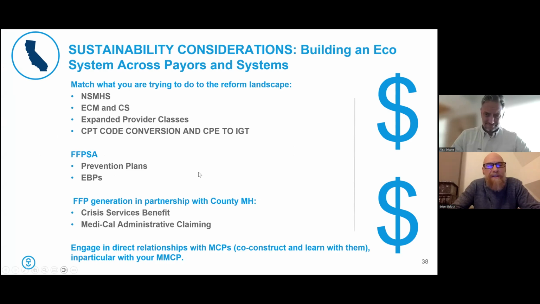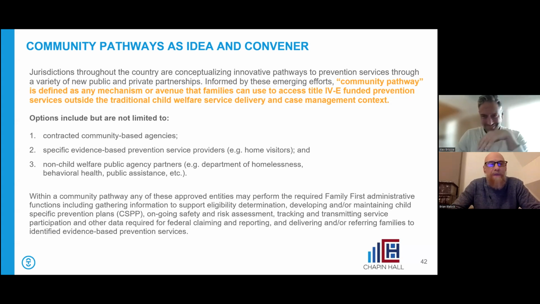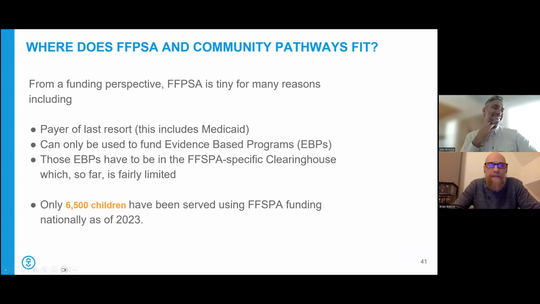That's where we're trying to get to, from a convening perspective and ideology perspective. And that's when we get, nope, forward, sorry. It's like driving a car through someone else. There we go. Oh, so community pathways. And that is what community pathways is. So when you're thinking about the link from community pathways,